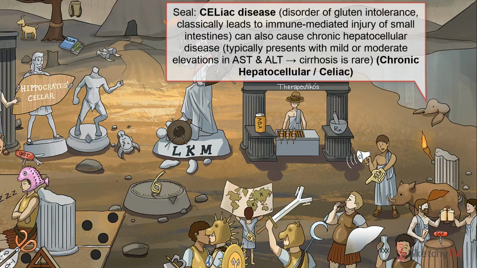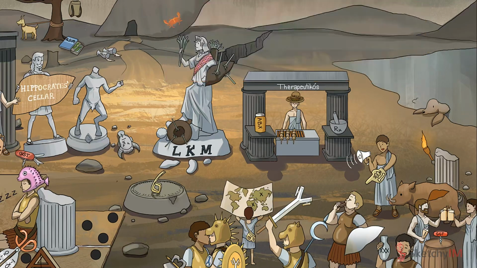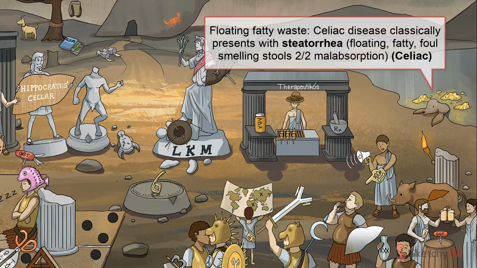This liver involvement typically manifests as mild to moderate elevations in AST and ALT. These labs typically normalize once gluten has been removed from the diet, suggesting a causal relationship. Cirrhosis secondary to celiac disease is rare, but has been reported. Patients with celiac may also display some of the classic disease symptoms. Thanks to malabsorption, patients may present with steatorrhea, large, fatty, foul-smelling stools that tend to float, just like this floating